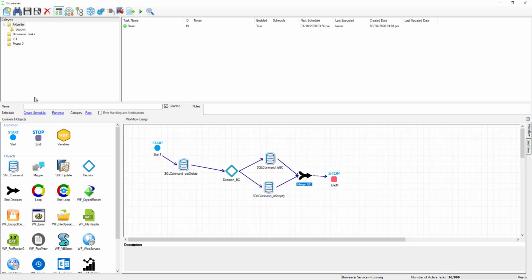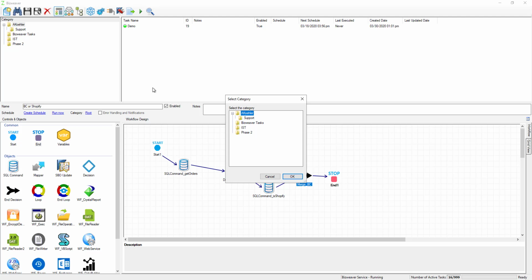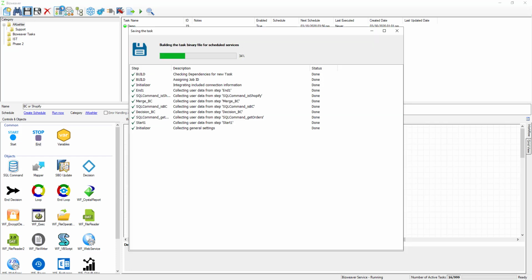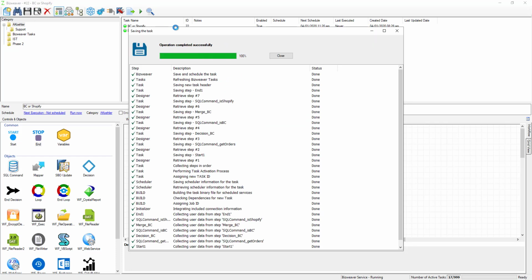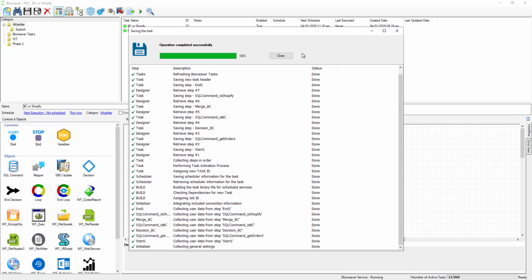We are going to now save this workflow, but we have to add a name. So we're just going to call this BigCommerce or Shopify. And we're going to change the folder that we want to save to. Root will save in the BizWeaver tasks, but we're going to just save this to a different folder and hit save. Now the save will run a compiler to make sure there's no errors, which there are none,